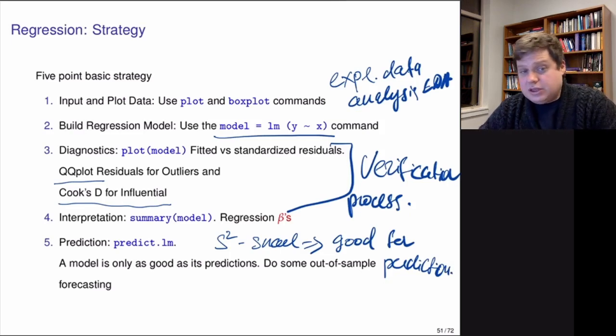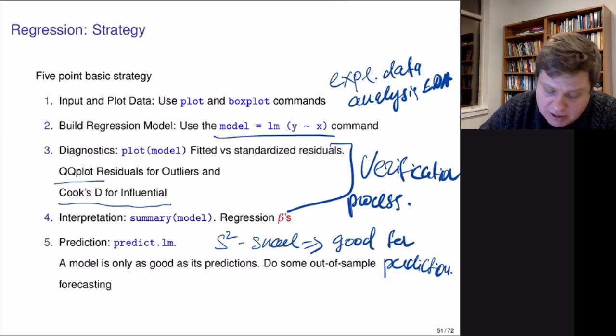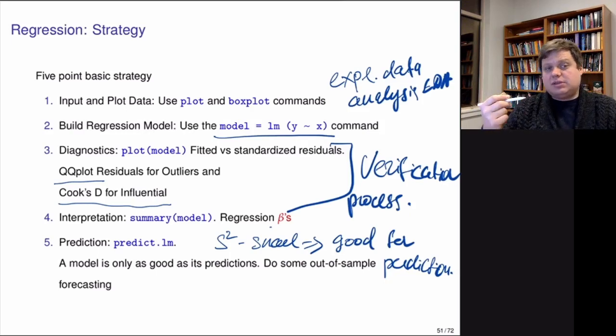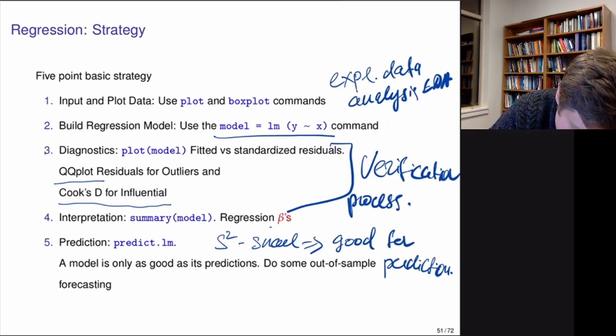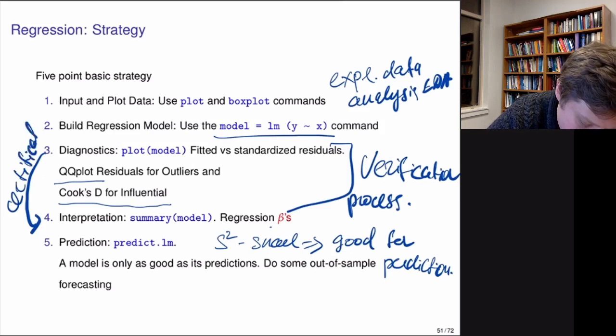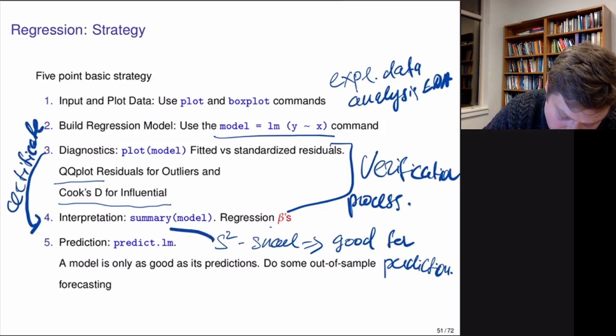So we want to test 2 things: whether the linearity assumption, the assumption of a linear model, is satisfied, meaning that coefficients beta will be correctly estimated, because if one of the assumptions is violated, then coefficient beta is not correctly estimated, and then interpretation of the model can suffer. So step 3 provides the certificate for step 4. You can think of it as a certificate that these models can be used for interpretation. And S squared provides the certificate